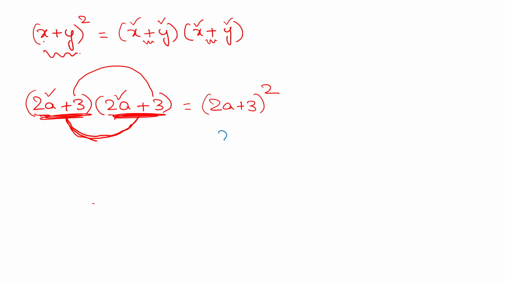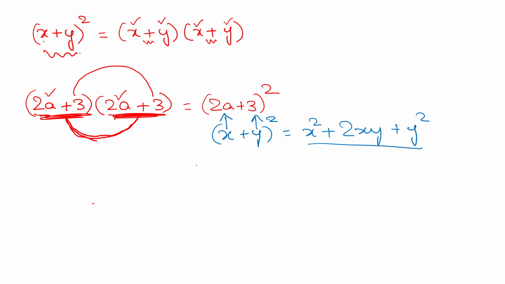So let us write the identity. (x + y)² = x² + 2xy + y². Okay, what is in place of x? 2a. What is in place of y? 3. So what is the identity? x². So what is in place of x? (2a)²